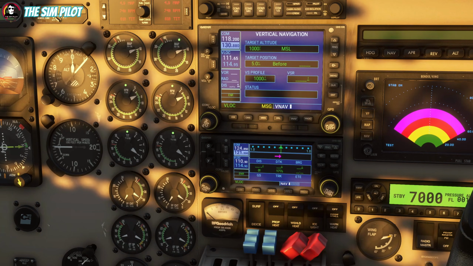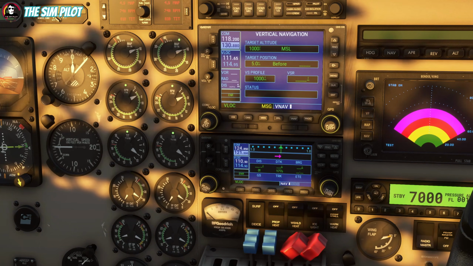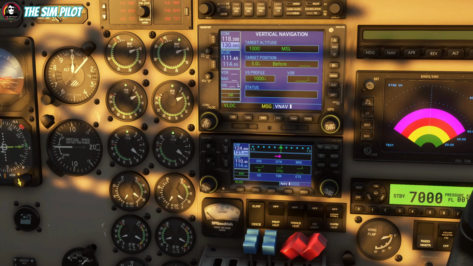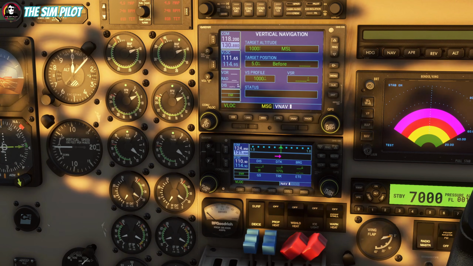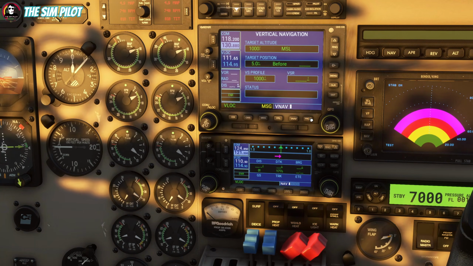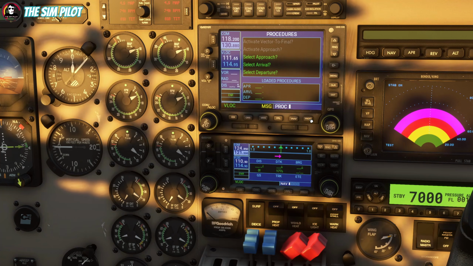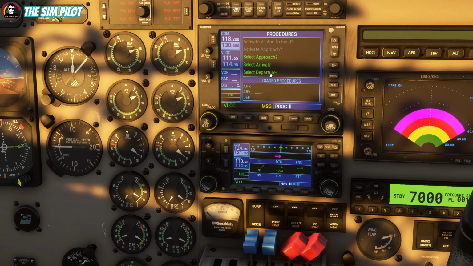In fact, I haven't used a GPS flight plan with this aircraft or a GNS530, so I am lacking the knowledge of what it does when it's up in the air. Proc page obviously displays the procedures for you to select: approach, arrival, and departure, like in a G1000, but in